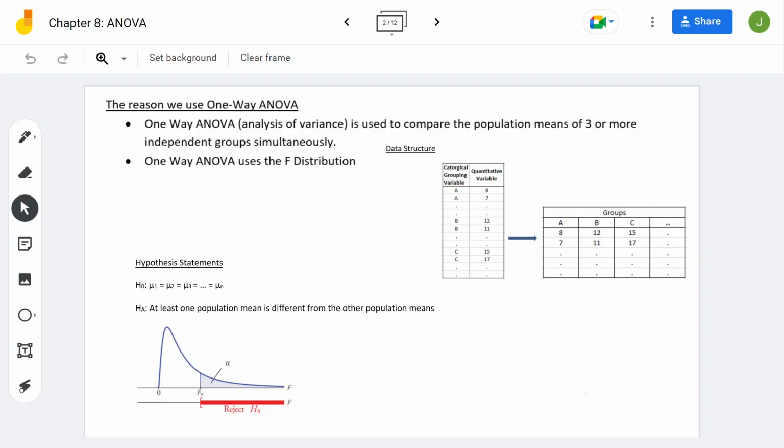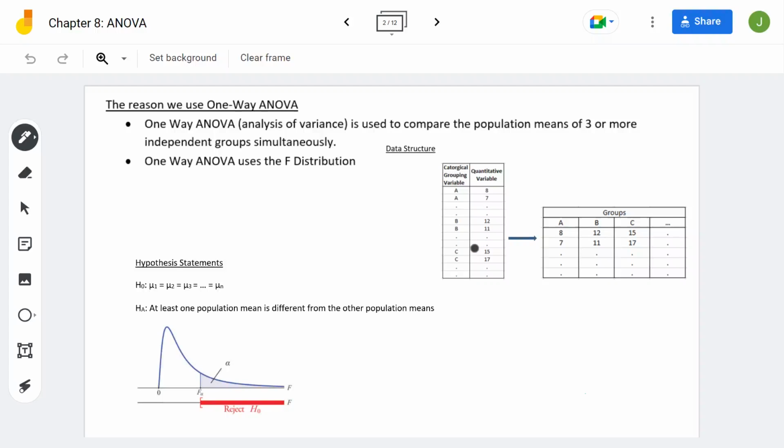In this lesson, we're going to learn about one-way ANOVA and how we use one-way ANOVA to determine if multiple means are the same or if there's a difference in at least one of those population means. So one-way ANOVA uses the F distribution, and when we look at our data structure, you can see over here on the right that we have a categorical grouping variable with 3 or more levels,